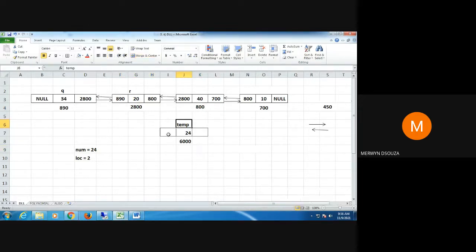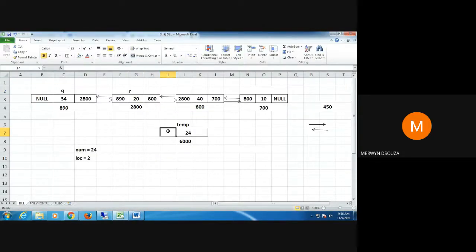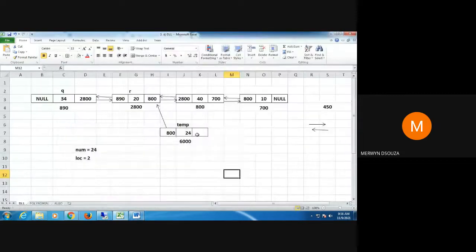So to get the previous value here, I will say temp arrow previous equal to R. Just like this, temp arrow previous equal to R. So I get here 2800. When I get 2800, what is basically happening is this link is forming here like this. Next, I want this next part to contain 800.